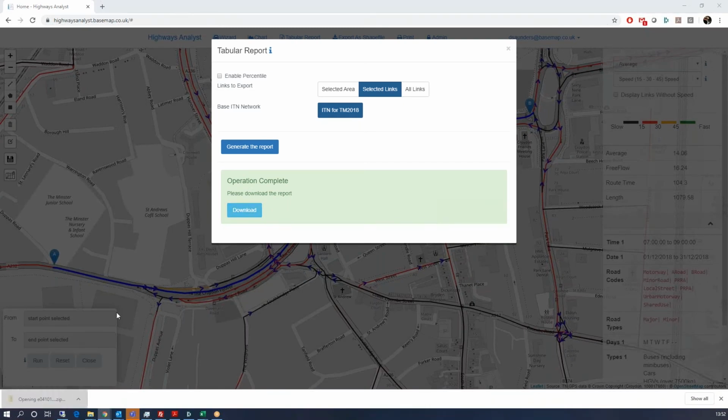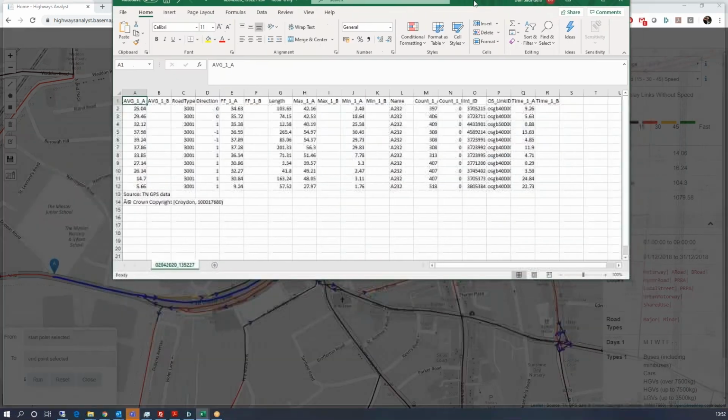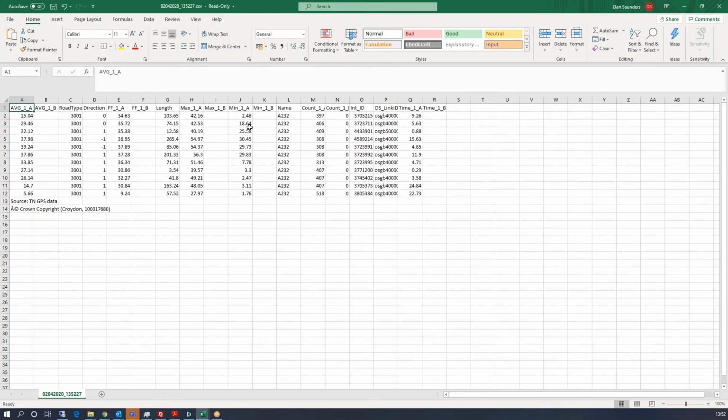This will give me, for each of the links, the information, which is just open on my second screen. So just drag that across. Hopefully you can see that here. Here we've got each of our links. We've got the average speed for each link, and the road types. This is a lookup, where 3001 is effectively an A road. We've got the free flow speed, the length of the link, the maximum speed recorded, the minimum speed recorded, the name of the link,